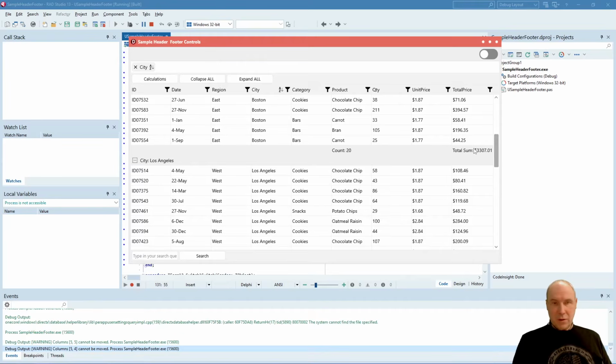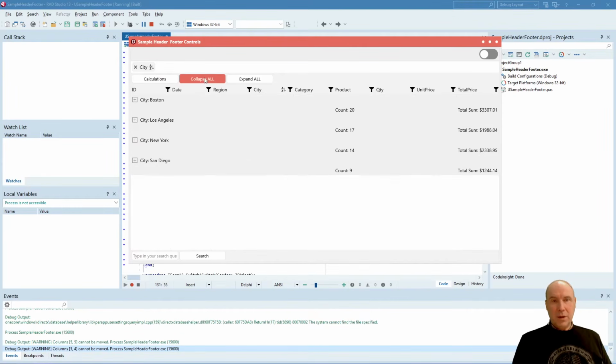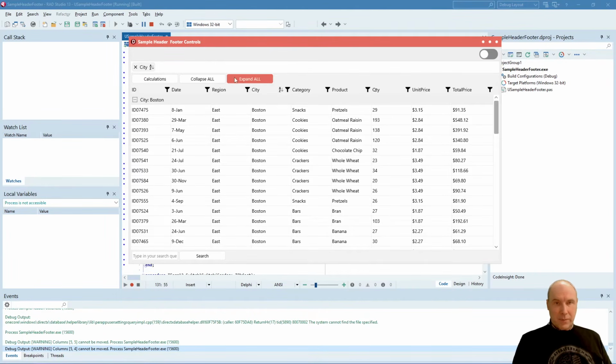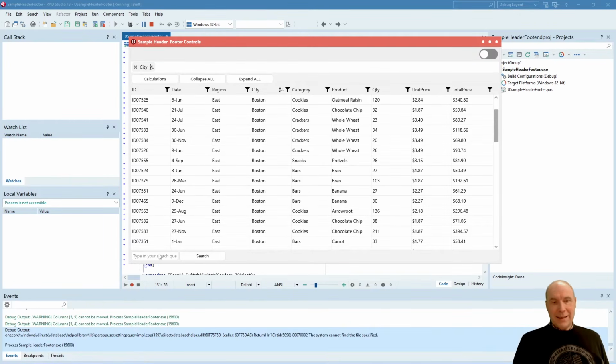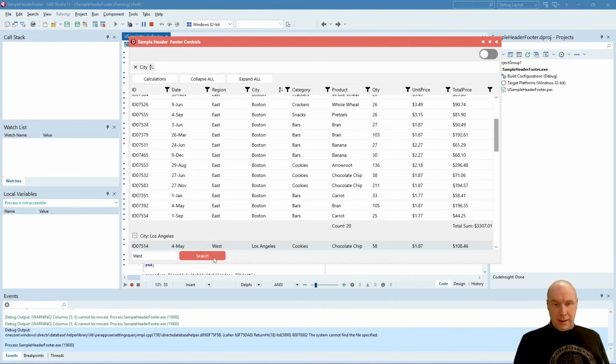This is the result of clicking that calculate button. From here we can also collapse or expand the sections in our grid. And the same applies to the footer, where we have added this edit control and also a button control. And if, for example, we would search for the word west from this footer, you can do it like this,